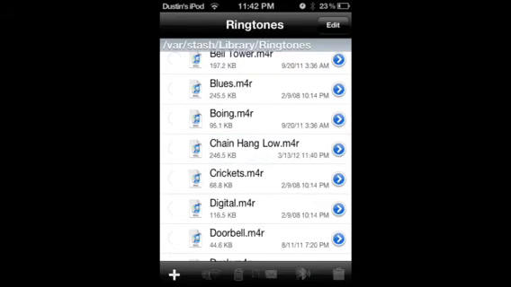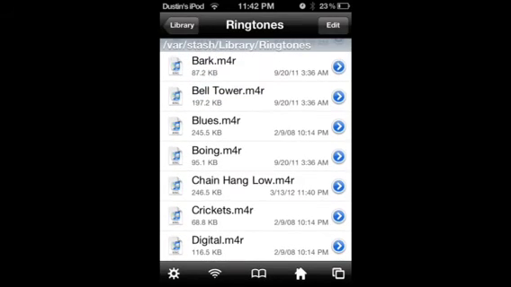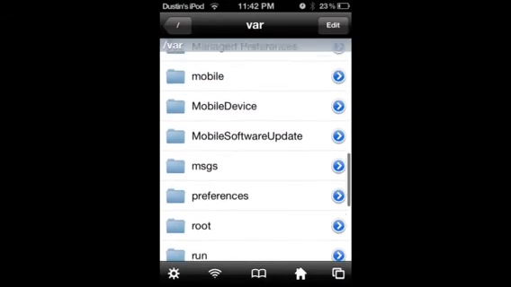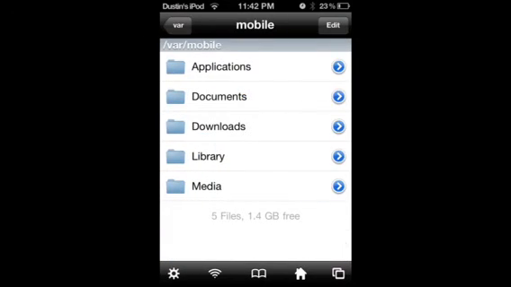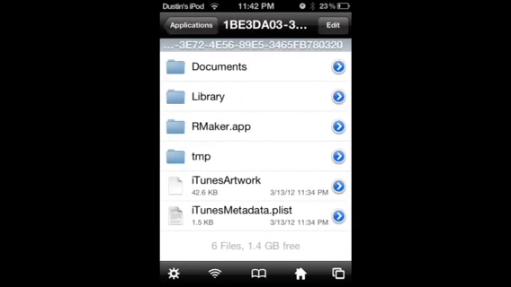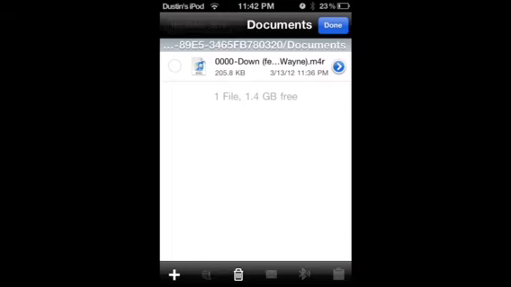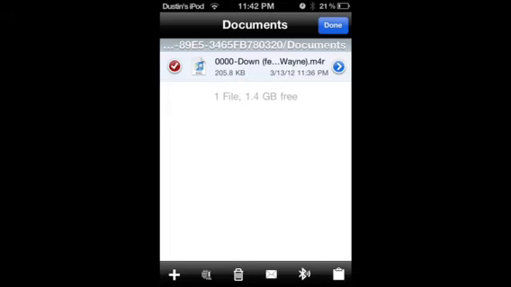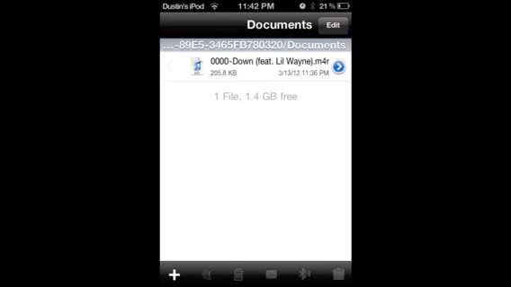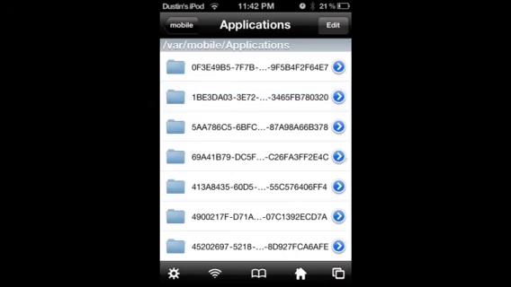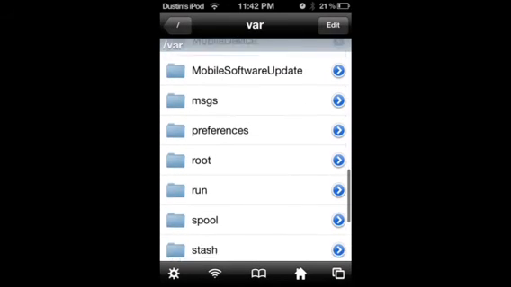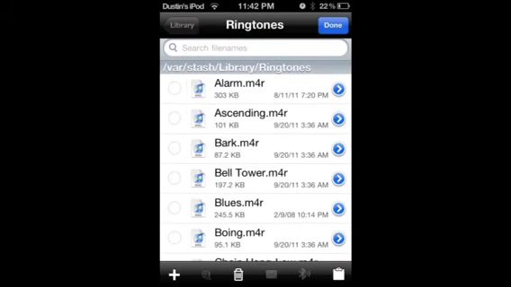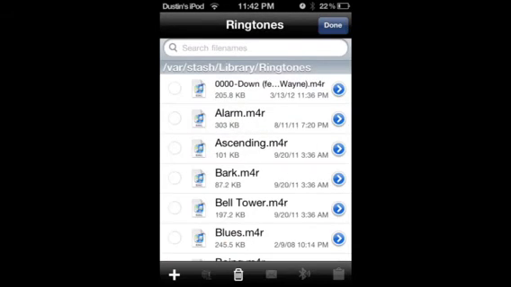Just to prove to you that wasn't there before, I'll go ahead and do the other one real quick. Go back to mobile. You can actually rename that app, that way it's easier to find, that way you don't gotta search for it every time. I'll leave the zeros on this one, that way you can see where I put it. Go back down to Stash, Edit, and Paste. And there you have it.